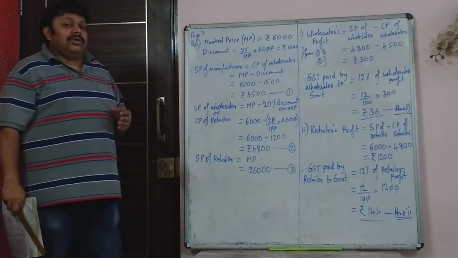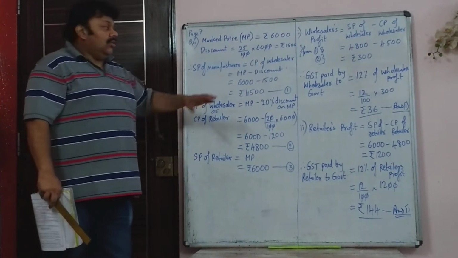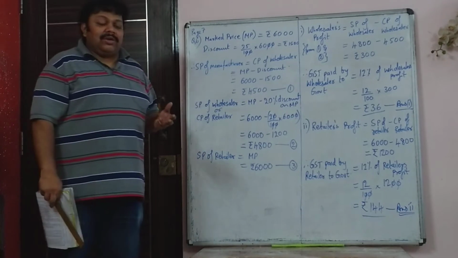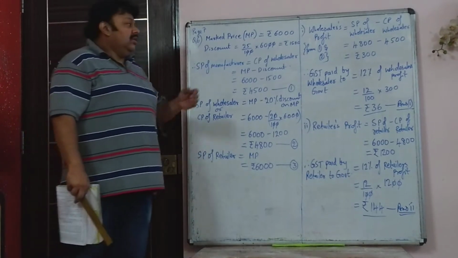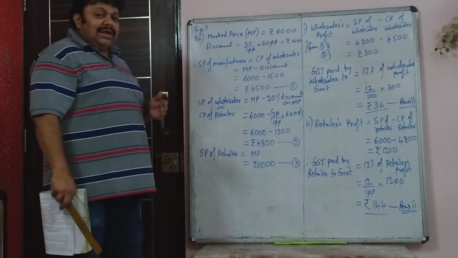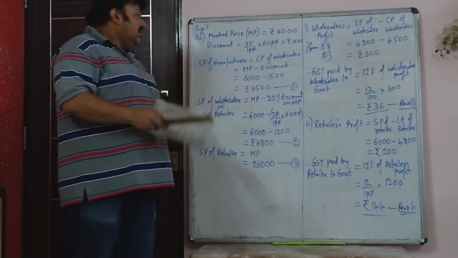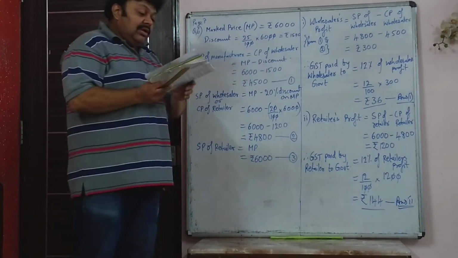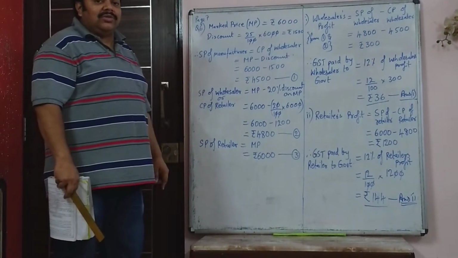Now see, remember one thing, when you have to find VAT paid by wholesaler, the wholesaler is in between in the chain. You will have to find first what is the profit made by the wholesaler. So on that profit in this sum, 12% VAT is paid. So profit made by wholesaler will be SP minus CP, selling price minus cost price. Now in this case, the wholesaler is not going to sell the item at 4,500. His cost price is 4,500. When you read the sum further, it tells the wholesaler sells it to a retailer at 20% discount.